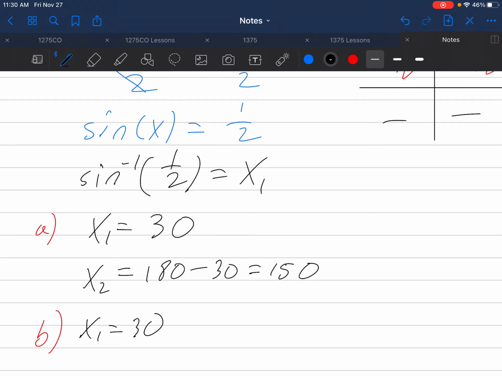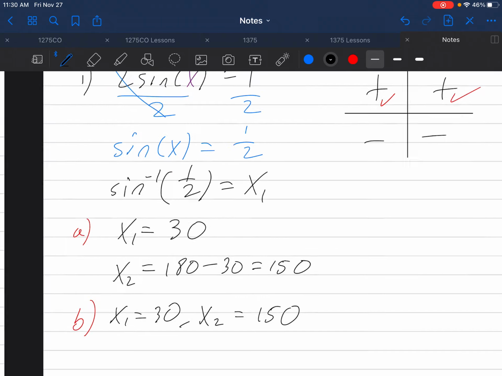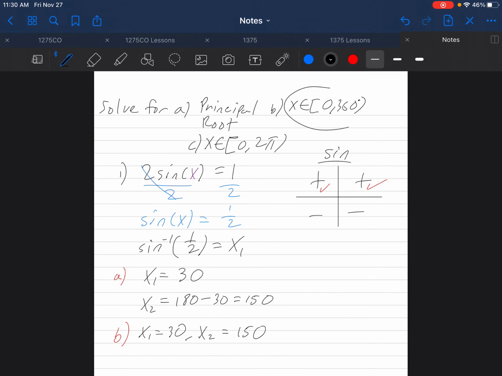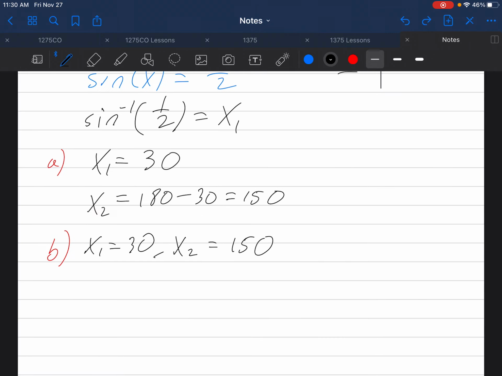x1 is equal to 30, x2 is equal to 150. These are going to be your two answers if you need to present your answers in degrees from 0 to 360. If you need to present your answers in radians from 0 to 2 pi, again, all answers, that means